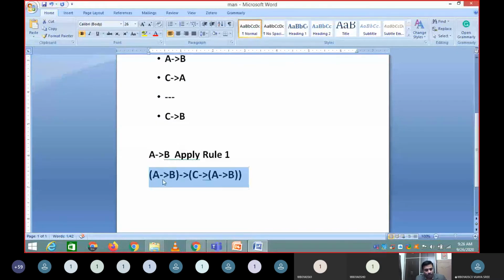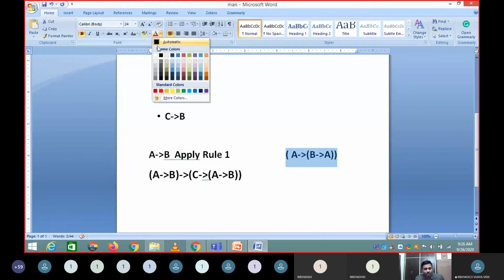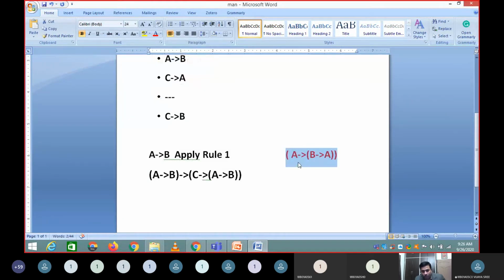See, the first rule is something like this. If A, B, C are statements, then A to B to A is valid. A, B, C are 3 statements, then A to B to A is a valid statement.